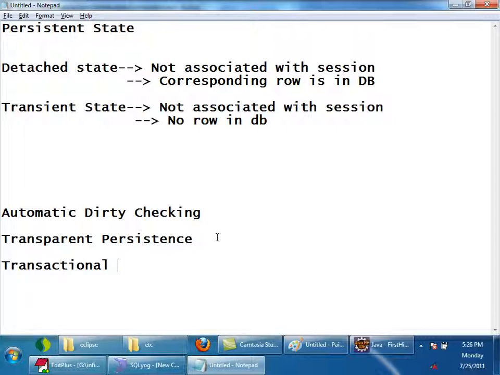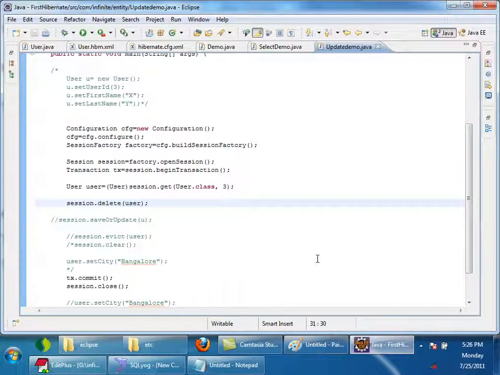So what is the advantage of this transactional write behind policy? It will propagate the changes to the database as late as possible, so that it can fire all the statements as a single batch, right?